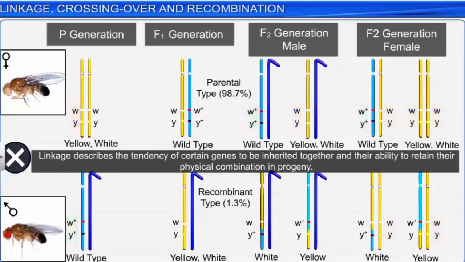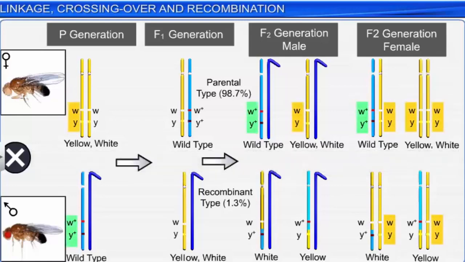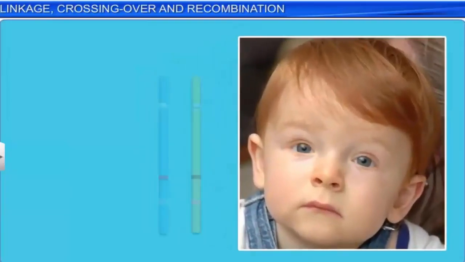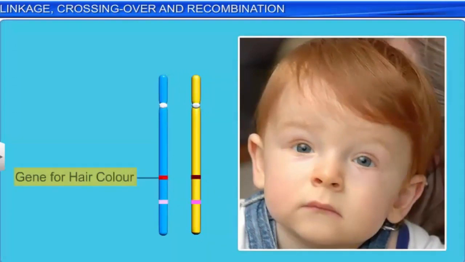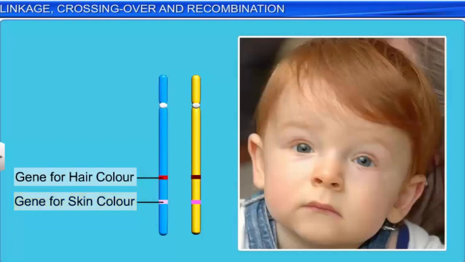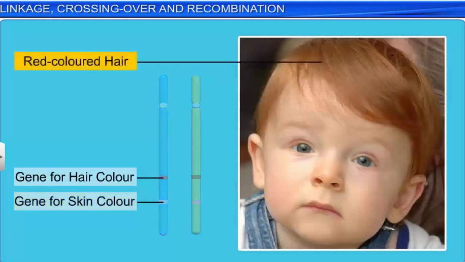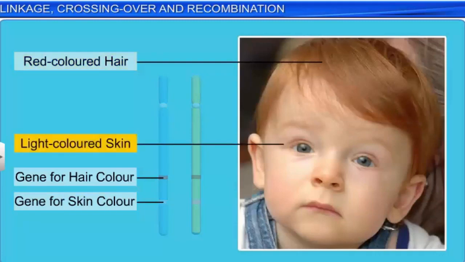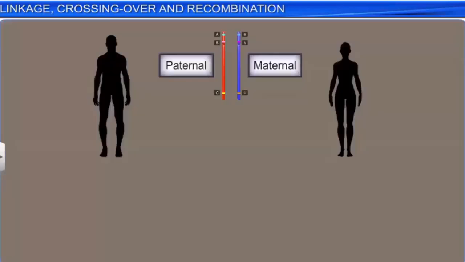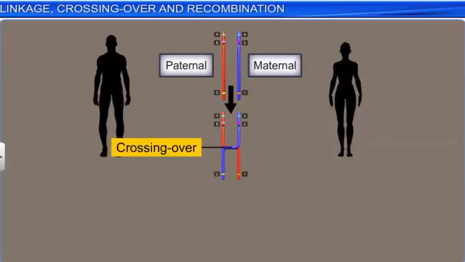Genes which are located on the same chromosome and that are inherited together are known as linked genes. For example, it is the linked genes that account for a phenomenon like red hair being strongly associated with light-colored skin in human beings. If an individual inherits one of these traits, he or she is most likely to inherit the other trait too. This phenomenon of linkage can be better understood through a process known as crossing over, which